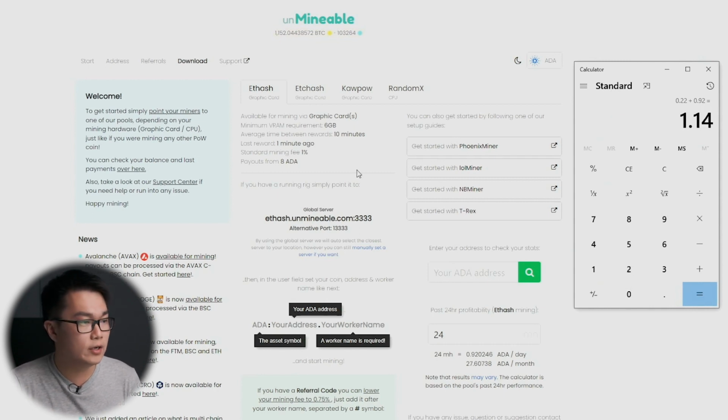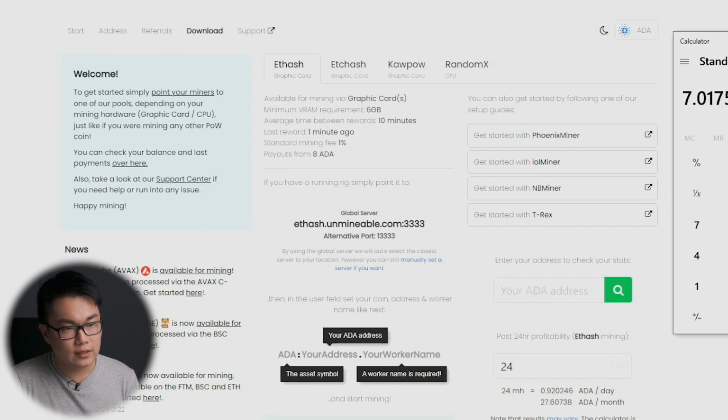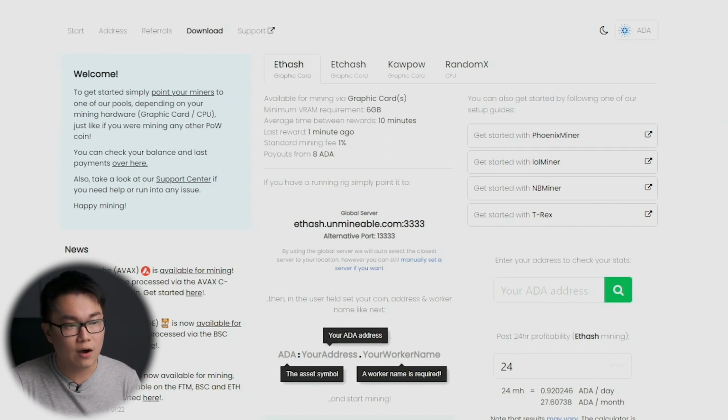And right over here, you can see that the payout is from 8 ADA. So meaning that 8 divided by 1.14, I will need to mine at least 7 days before I can get my Cardano. So the next thing that I want to share with you is how you can check the stats for